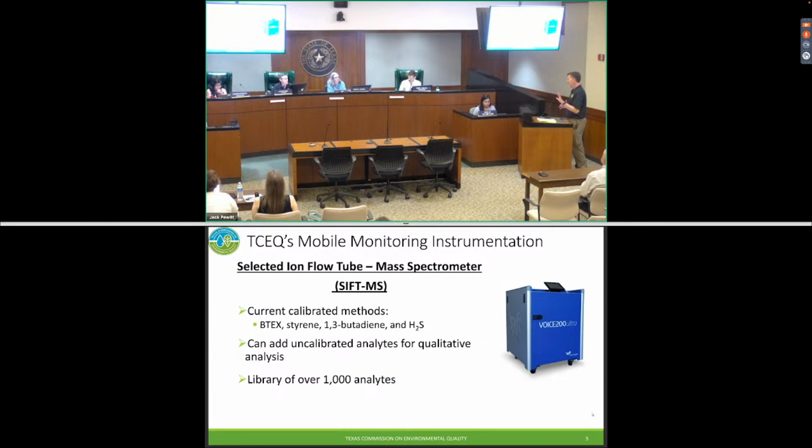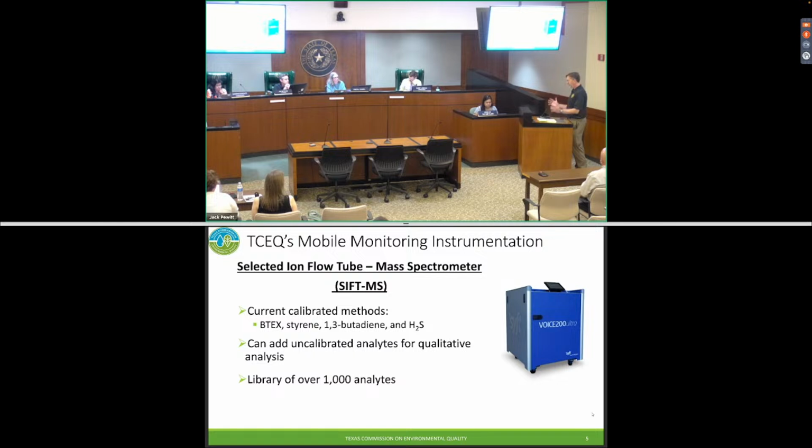But the advantage of this device is it carries the capability of monitoring for a much larger suite of volatile organic compounds, over 1,000 compounds. We have a narrow suite of compounds where we can get quantitative data pretty readily, and then we can calibrate as well for additional compounds. And then if we need to, say in an emergency response scenario, we can move to qualitative measurements without calibration, the presence or absence of a particular compound within a degree of, I think, plus or minus